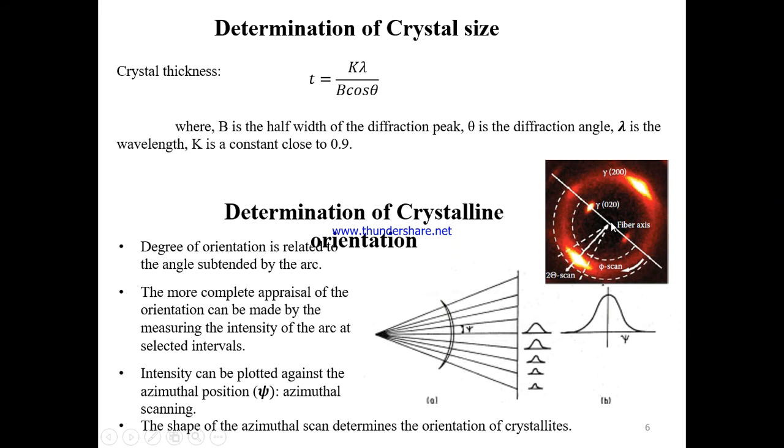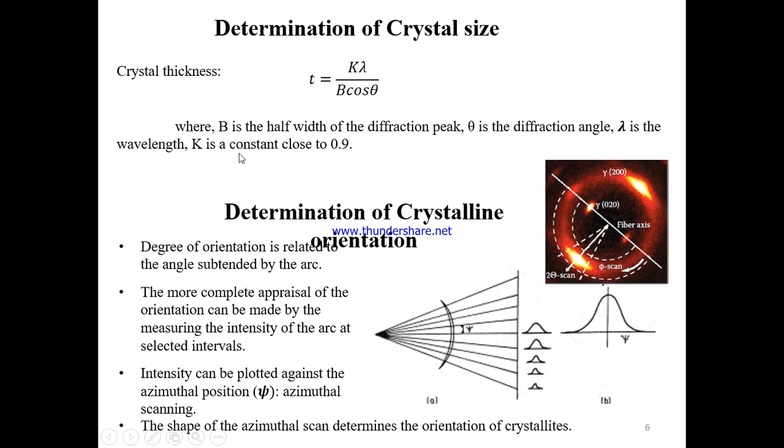Now, for measuring the molecular orientation, you need to go for the azimuthal scanning. I shall discuss the azimuthal scanning later. Before that, I want to discuss the determination of crystal size or crystal thickness. That is defined as T equal to K lambda by B cos theta, where